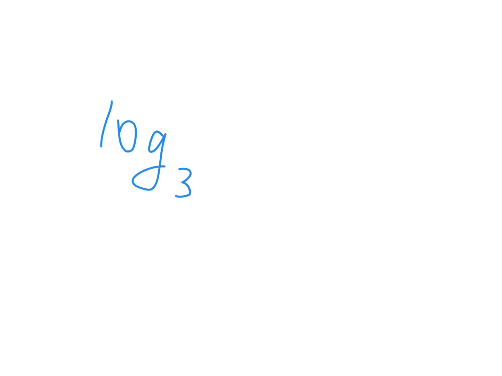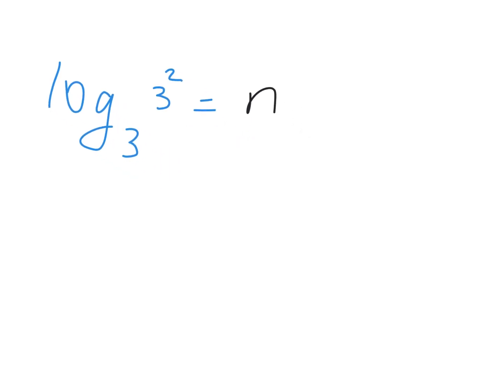Log base 3 of 3 squared. Well, 3 squared is just 9. Why didn't you put 9? I'm going to show you why in a second. Log base 3 of 3 squared. I don't know what this equals, so I can always put an n there. Now would you rewrite this as exponential? You know, the log will be gone. It's 3 for the base to the power of n,